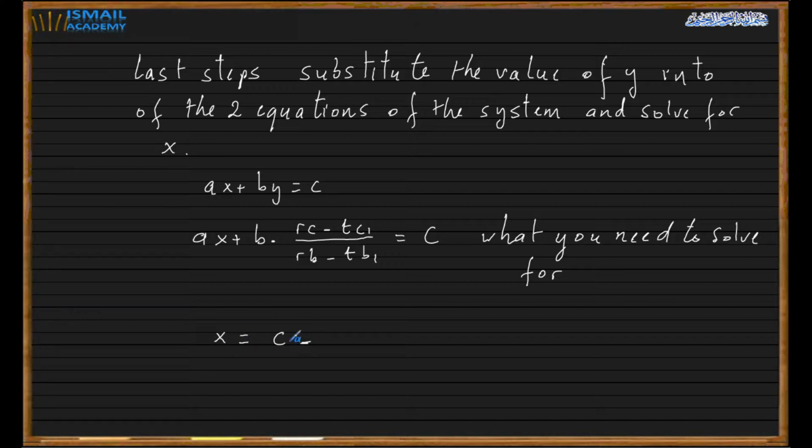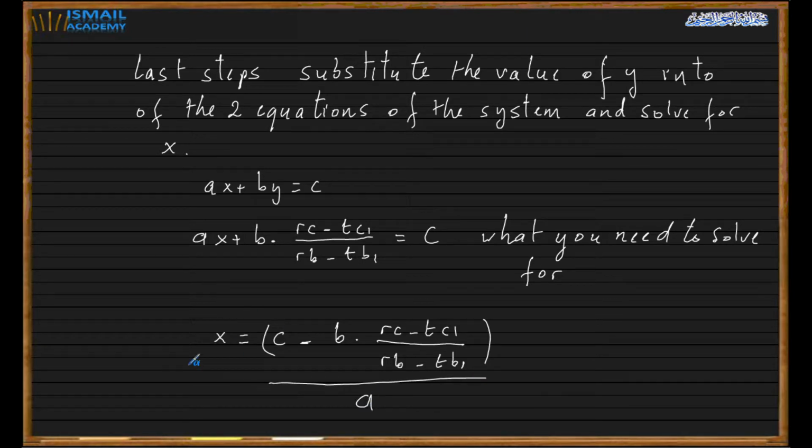At the end, normally you should get x equals C minus B times (RC minus TC1) over (RB minus TB1), all over A. Don't get scared about how the number looks. Keep in mind this is just a number. At the end, you're going to have only a small form, either 2, 3, or 5 times that number, which is just a number. That number will be divisible by A. So this is the value of x you're going to get at the end. This is just an abstract presentation about how to solve a 2 by 2 system of equations